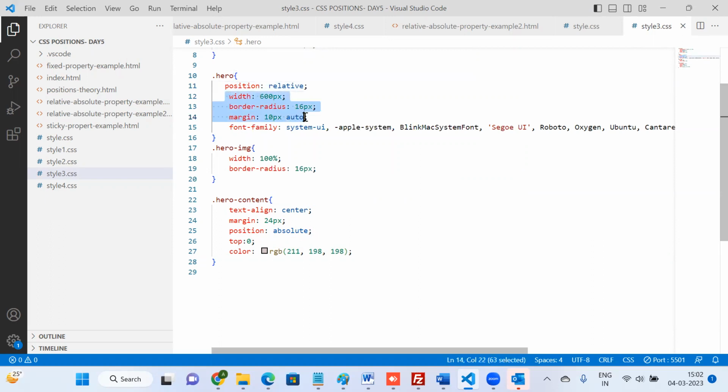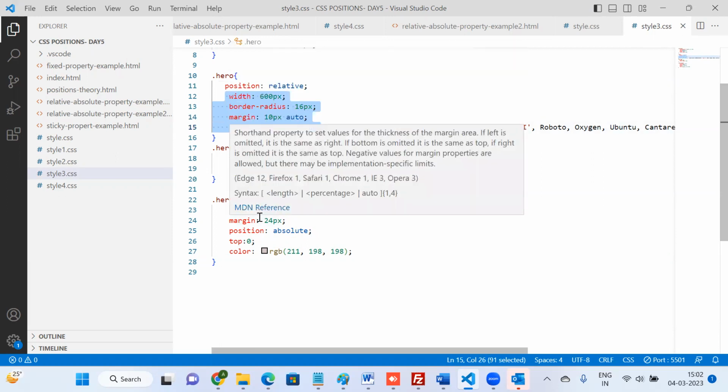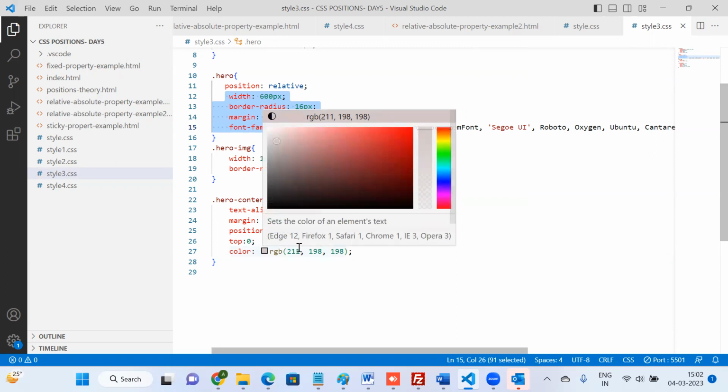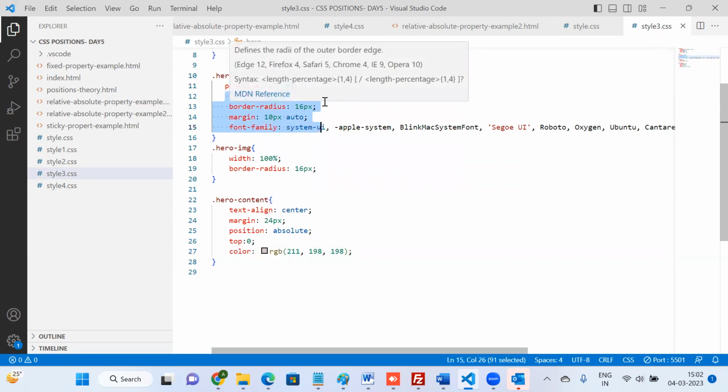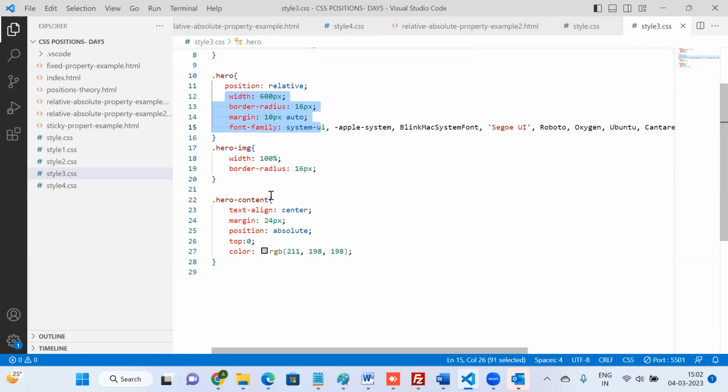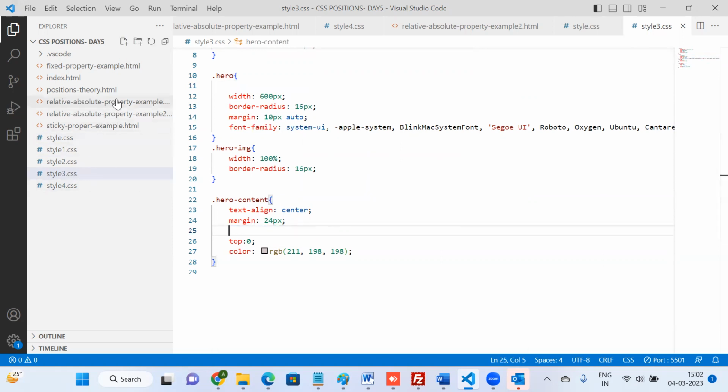These have nothing to do with the position. And the content has the position absolute, and the container has the position relative. Now, if you remove these two positions, the position is relative and the position is absolute. If we remove these, and then we come to the